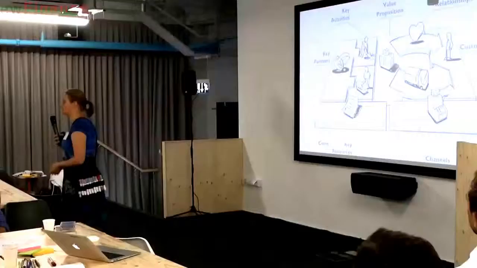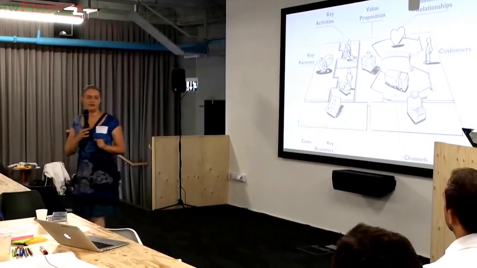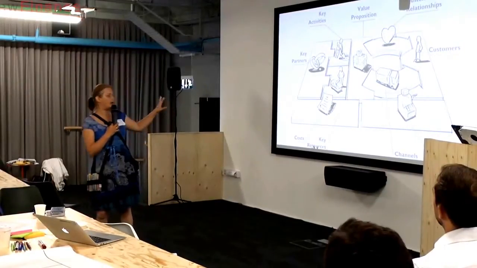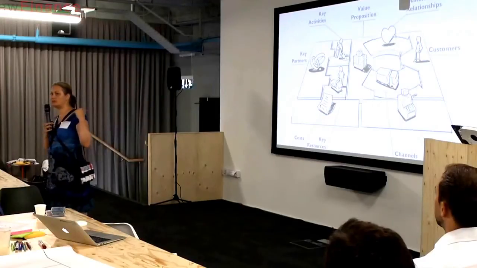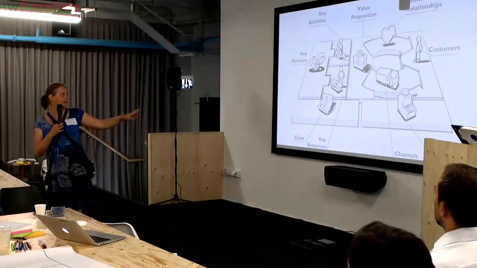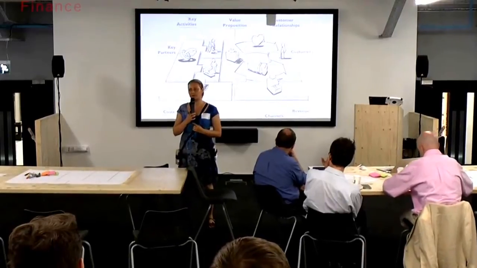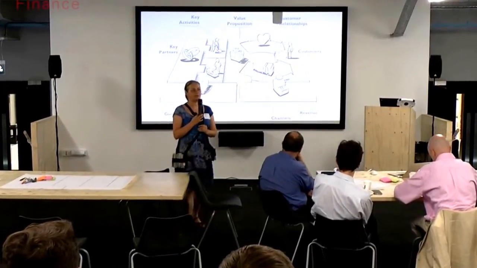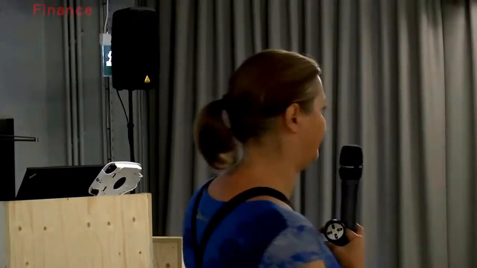The bottom of the equation is all that has to do with money, what comes in and what goes out. In the cost structures, basically everything that generates cost goes there. We will look at some of the interesting points to watch for there when we look at the mechanics, but that's all you need to know at this moment. For the revenue, you're talking about all types of revenue, both fixed and recurring, and the balance of these is going to be very important for the business model as well. And this is all there is to it.